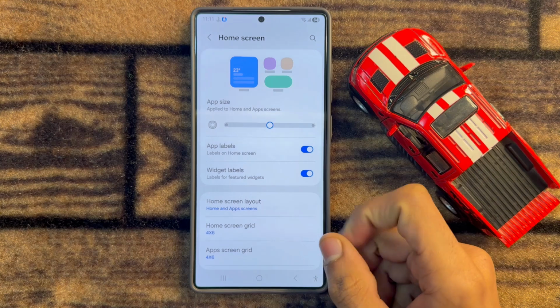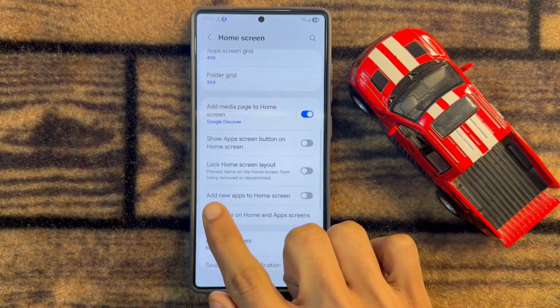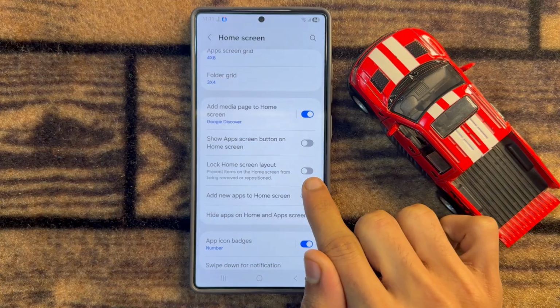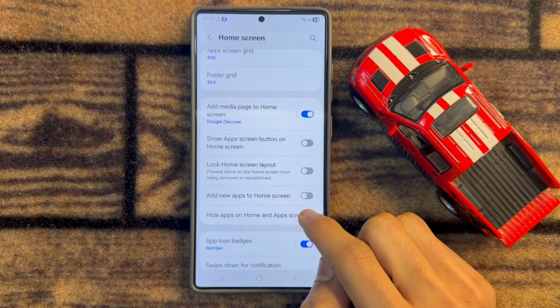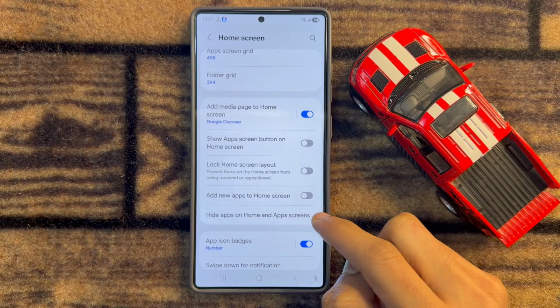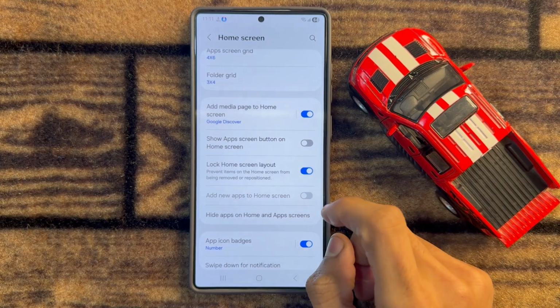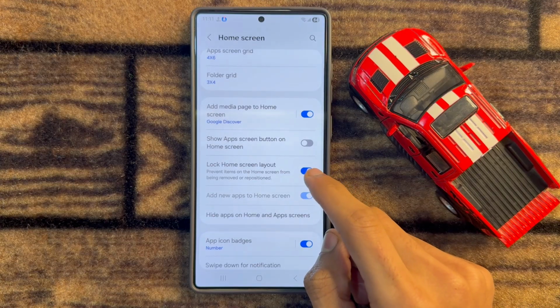So after clicking on home screen, scroll down and you will see lock home screen layout is here. Add new apps to home screen is here. So if you want to fix the app showing, first of all turn on this button. After turning on this button, you will see,